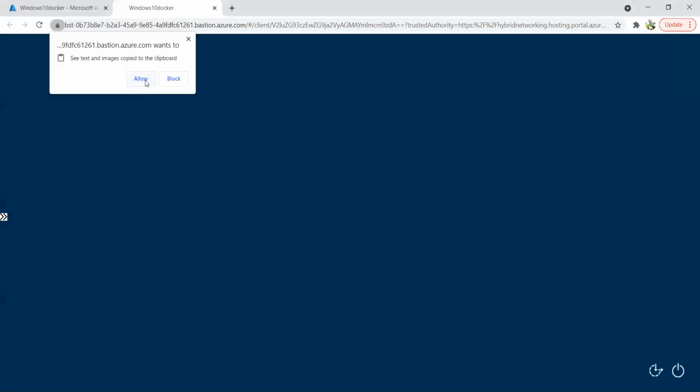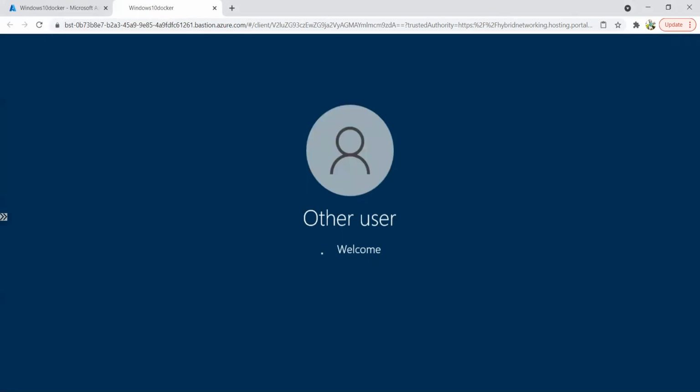And here you can see now I'm connected with my virtual machine by using Azure Bastion. It's recommended whenever you are going with a cloud platform implementation. You must secure your remote desktop connection and make sure that your virtual machines and other infrastructure are not exposed over the internet.